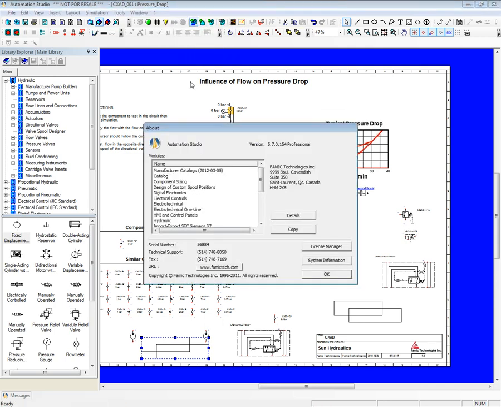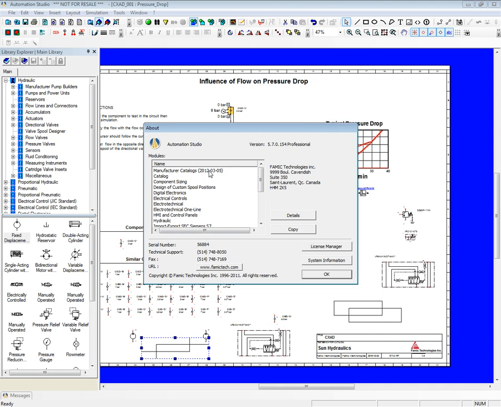And within the About menu, you'll find listed all the different modules which are included in your version of Automation Studio. And so this can be changed. If you buy other packages, we'll send you new activation codes. You won't necessarily need to download the latest new version of Automation Studio unless you don't have the latest one. If you recall, to open these catalogs, you need the latest version of Automation Studio, which is Automation Studio 5.7